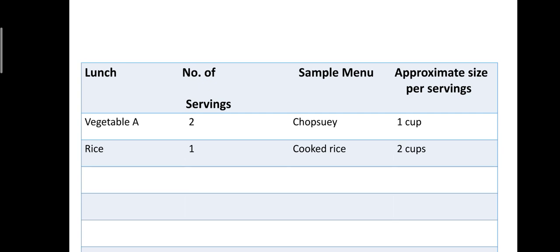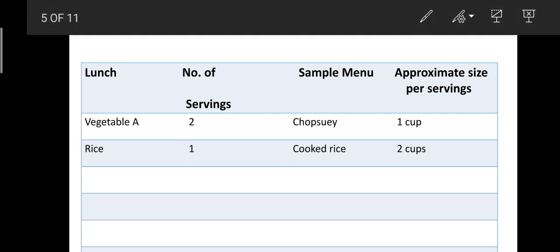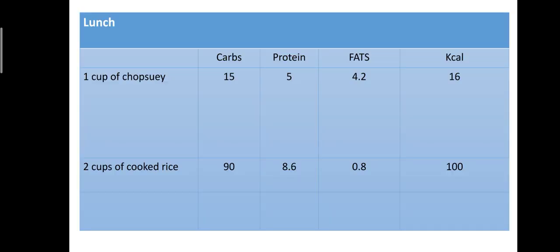Next is for the lunch. We have vegetable A and rice. For vegetable A, number of servings 2, sample menu chop suey and the approximate size per serving is 1 cup. And for the rice, number of servings 1, sample menu cooked rice and the approximate size per serving 2 cups. And for the distribution of measurement for the lunch, we have 1 cup of chop suey and